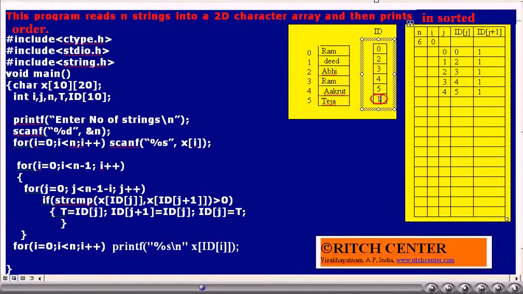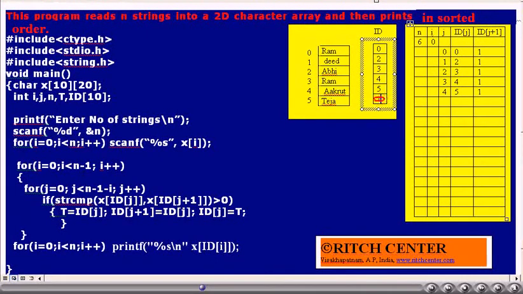By now, you might have observed that 1 came to the last element in the array id. The 1 was in the second element in the array before carrying out this operation. Now 1 is available at the end, indicating that the string deed, whose index is 1, is the one which comes last in the alphabetical order. Thus, it is now pushed to the end of the array.